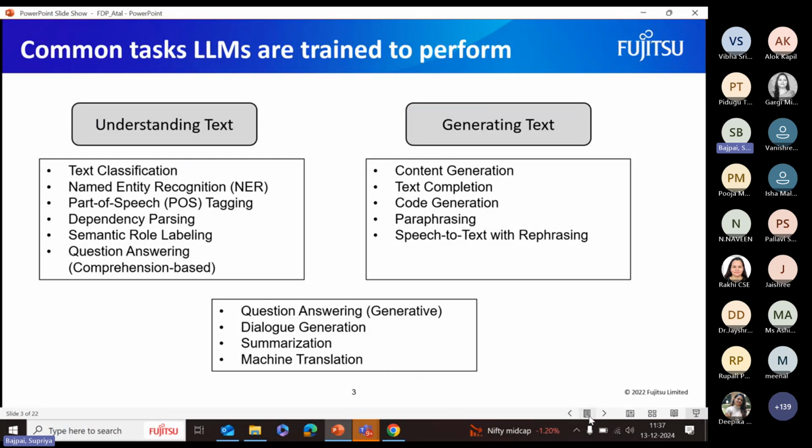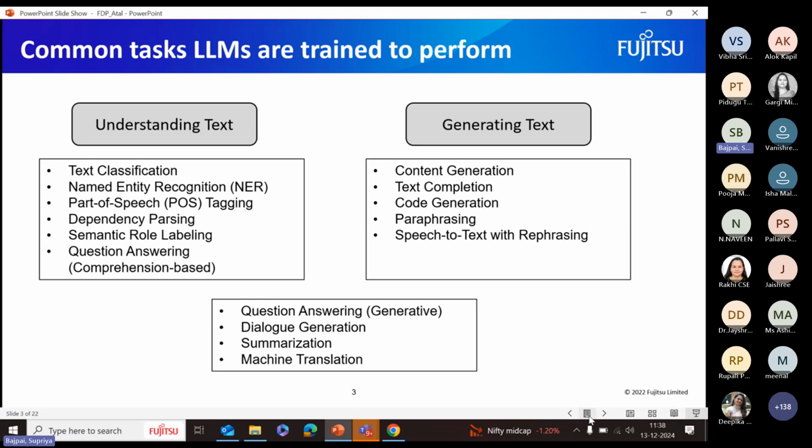So it is depending on that, it will categorize. Once it reads, it understands what is English, and then it can tell this is a noun, pronoun, all those things. Similarly, question answering can be of many types. Understanding text is comprehension based. Comprehension based means given a big paragraph, the user asks a query. The system will read the whole paragraph, extract the exact answer from that paragraph, and show it to the user. This is understanding text.